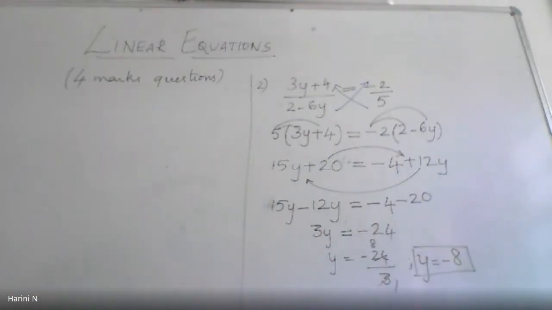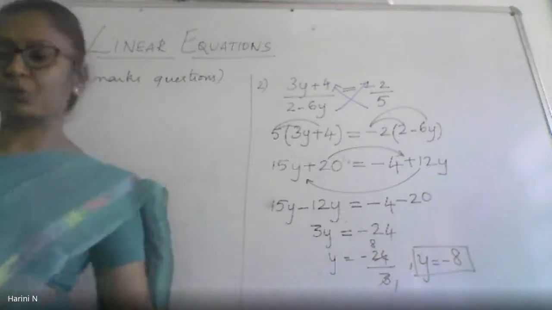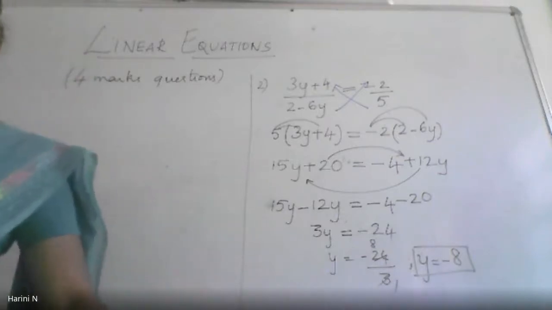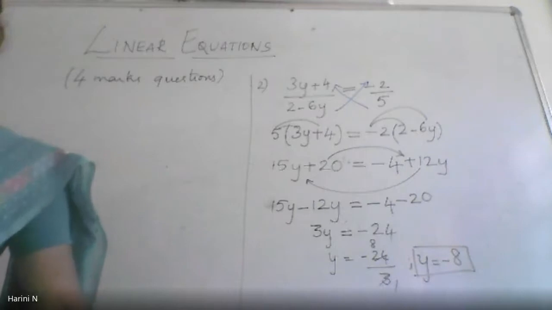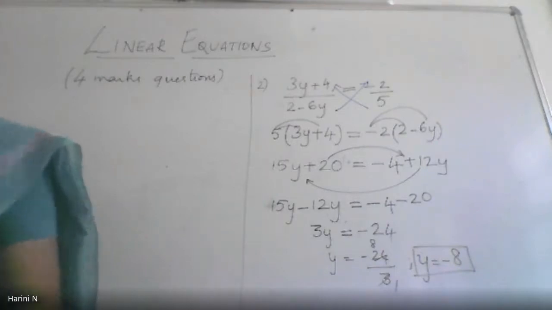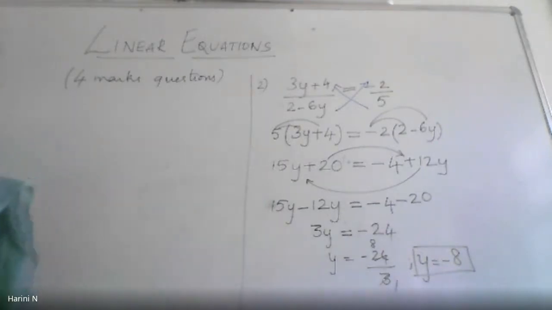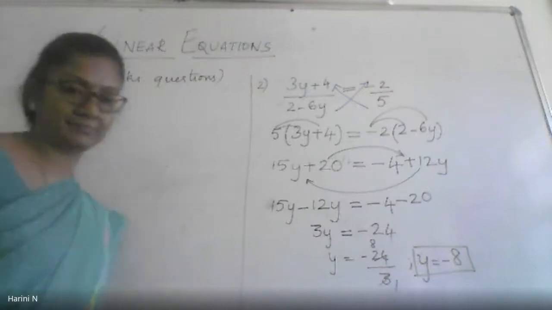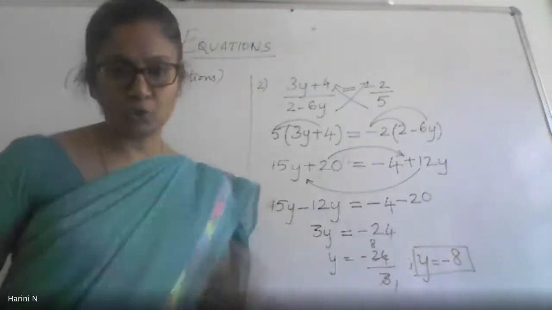Okay, I think I'm looking at the fourth problem in exercise 2.2. This is on page number 28. The sum of two numbers is 95. If one exceeds the other by 15, find the numbers. So there are two numbers that we have to find. Alright, both of them are not known to me.